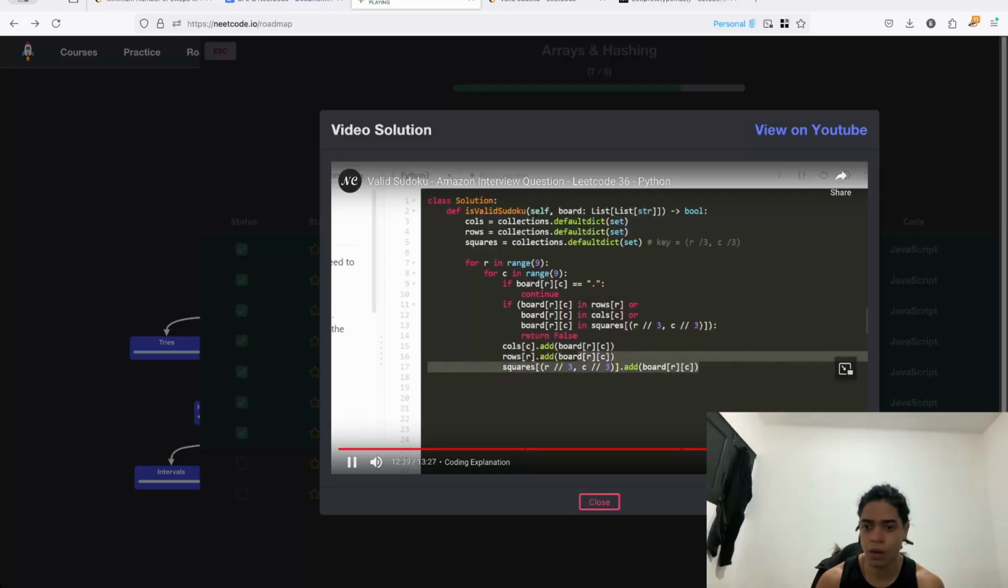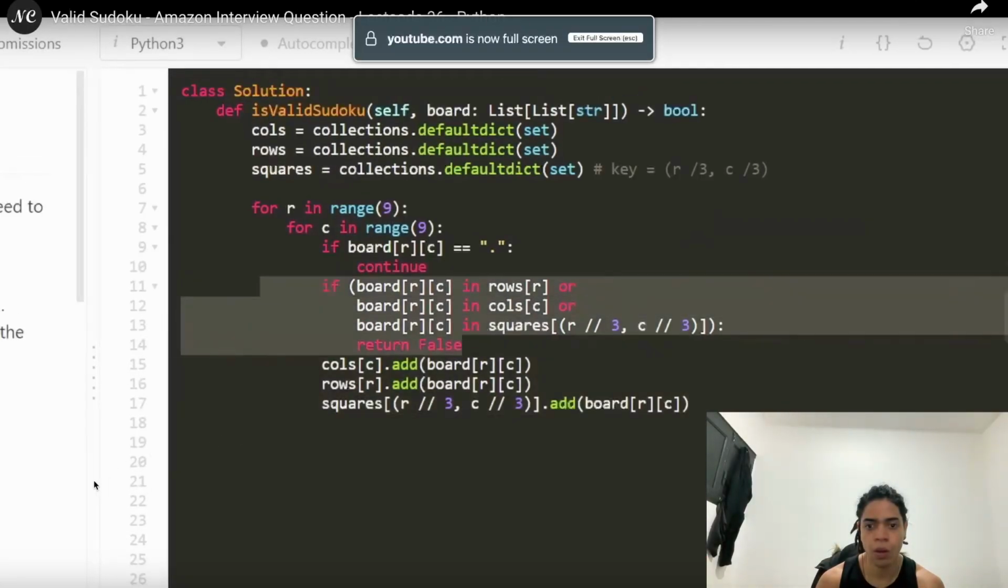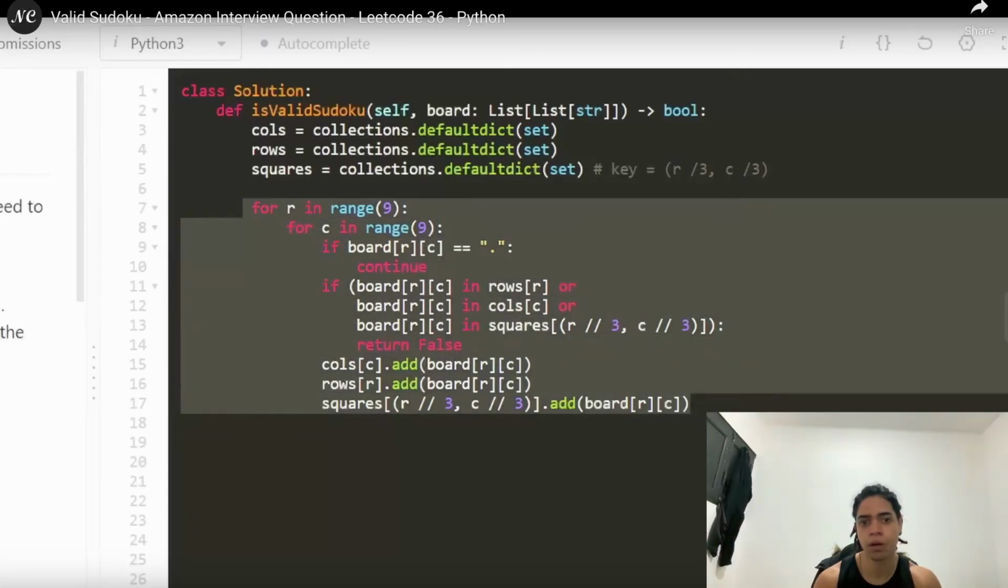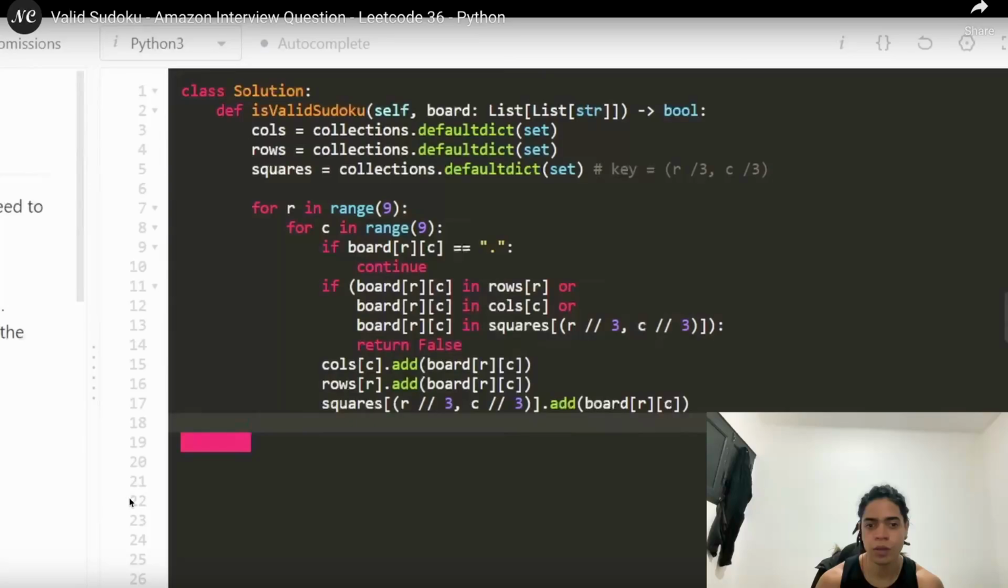We'll make sure to detect any duplicates when we get to the next iteration of the loops. So in this way, we're iterating over the entire board, and if we never detect any duplicates, then outside of the loop, we can just return true. That means